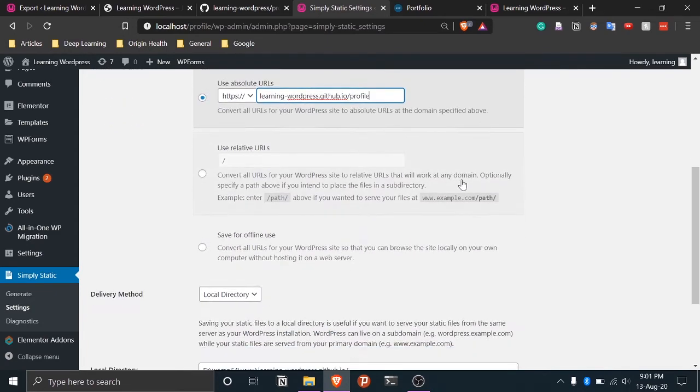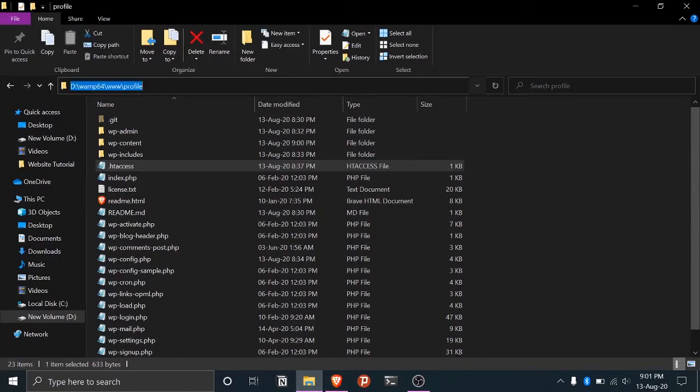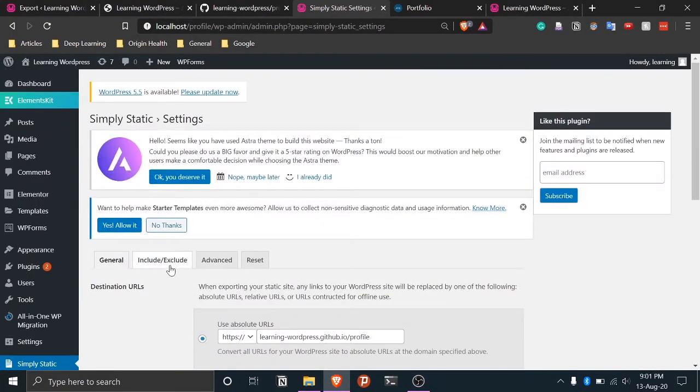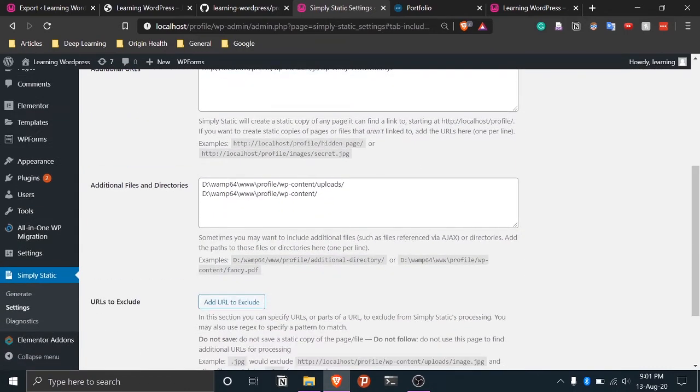So, local directory. The local directory will change because we are now in profile, so we'll update this to profile instead of our home page. Then we'll go to include exclude, and here I think everything is the same. WP content uploads is the same.